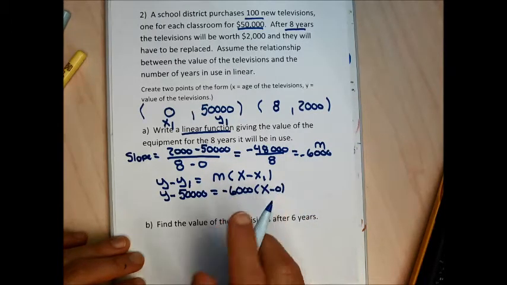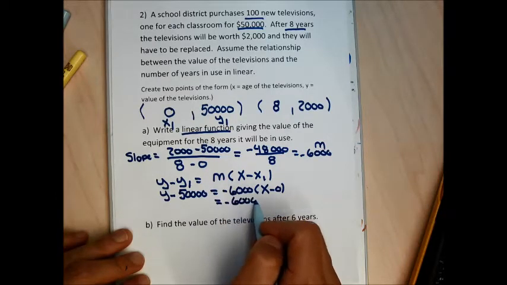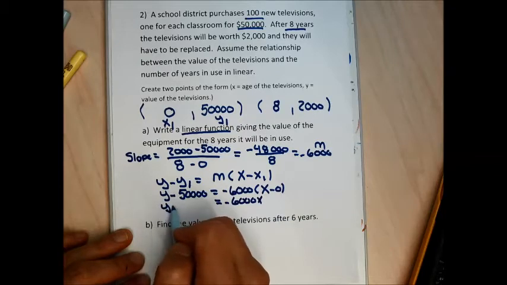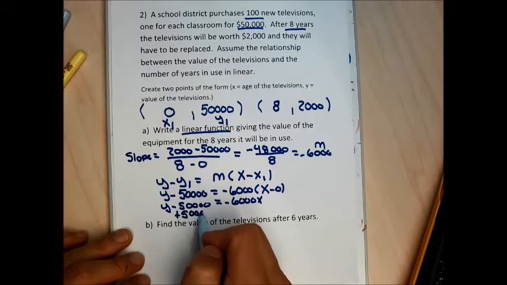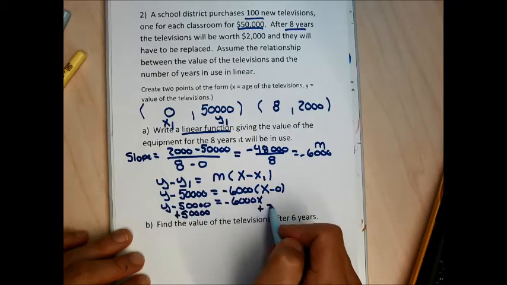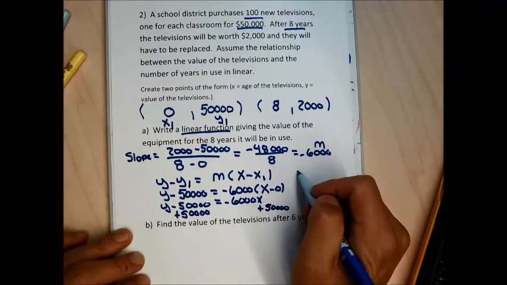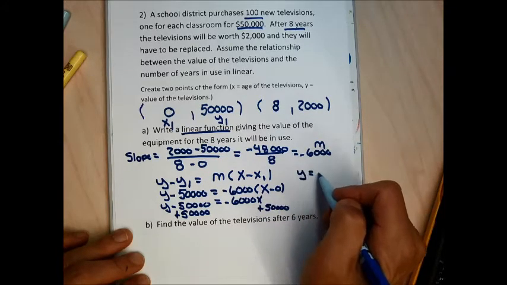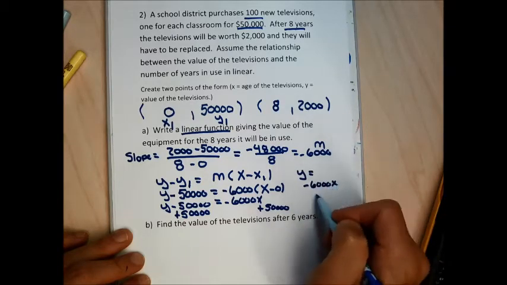The right-hand side just simplifies to be minus 6,000x because x minus 0 is just x. And the left-hand side, I'm going to add 50,000 to it to get the y solved for. When I add 50,000 to both sides, the left side becomes a y, the right side becomes negative 6,000x plus